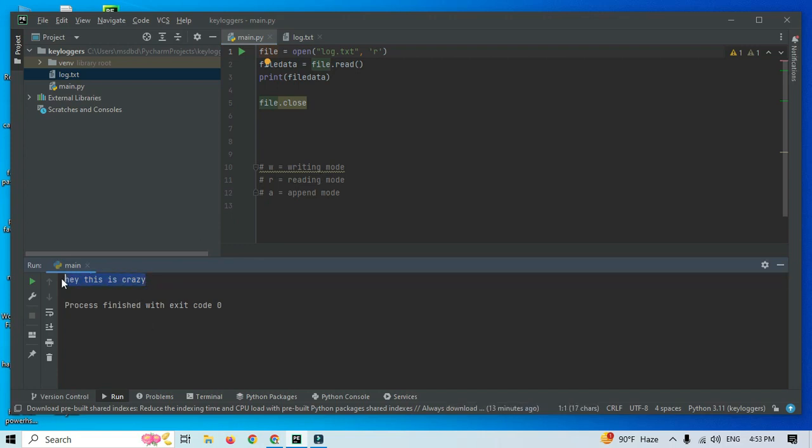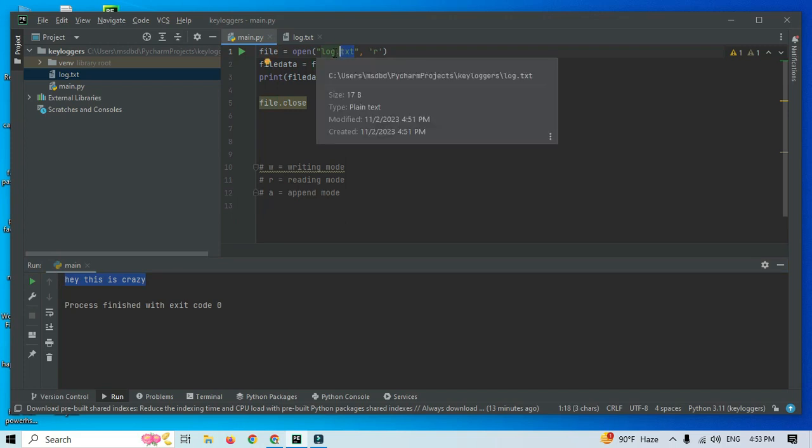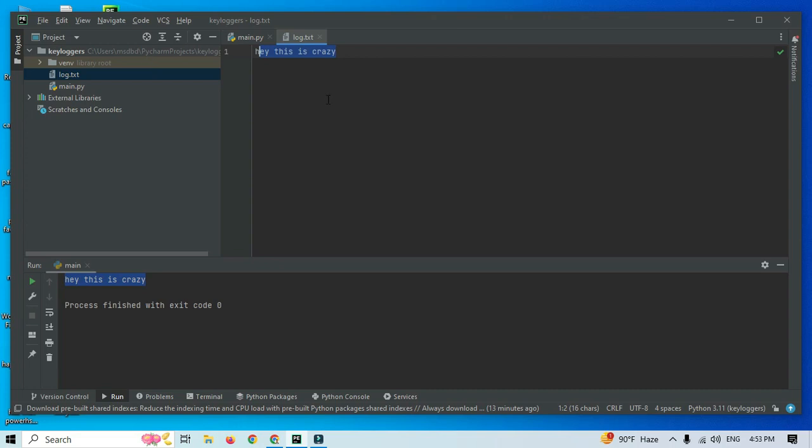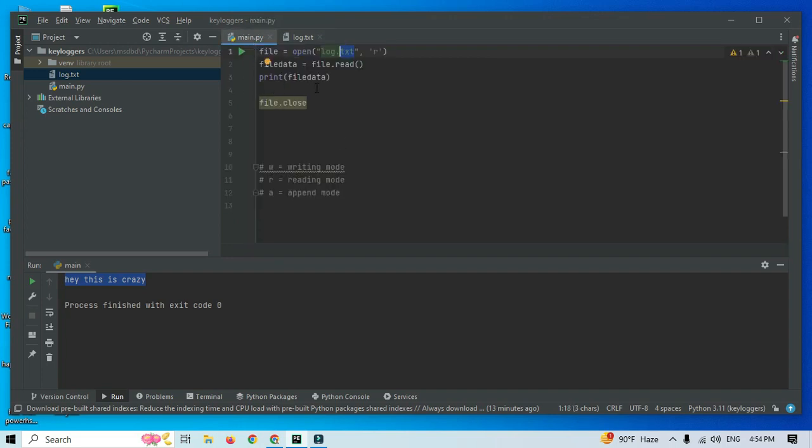This line is actually reading the log.txt file. Let's go again to the log.txt file, and this is the file. This is the line that this code printed in here. So this is a simple code of reading and writing